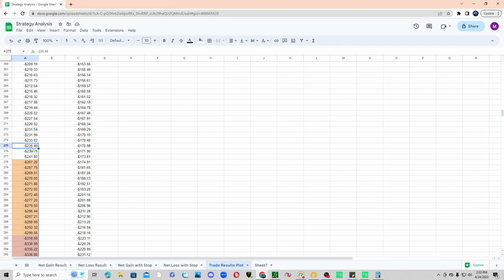So the strategy that I was testing here, I'm guessing, was some random strategy off of Thinkorswim. In other words, I did some random technical strategy like a MACD strategy or a moving average strategy or something like that. And I plotted the results. So the way you do that,